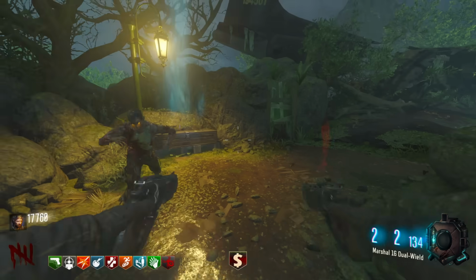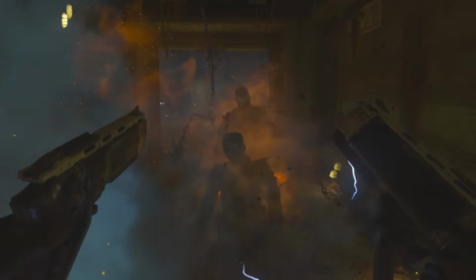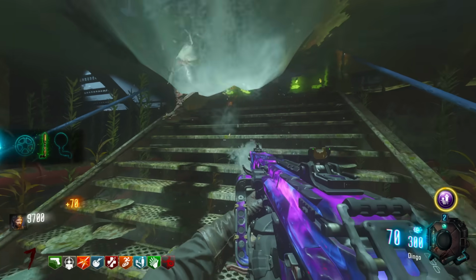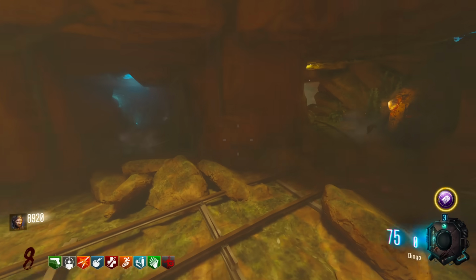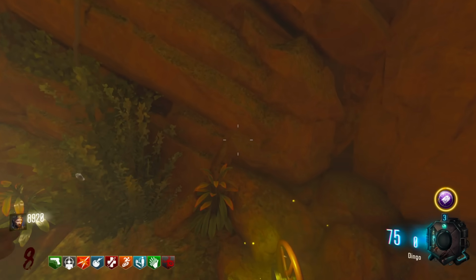Dual wield Marshalls early. Open up. Nope, no. Did I mess it up? No, I got him. We got that part. We got power on. We're stuck. Completely stuck. We get to take a swim. We get to grab the part. And we get to turn around. And we don't have to go into the